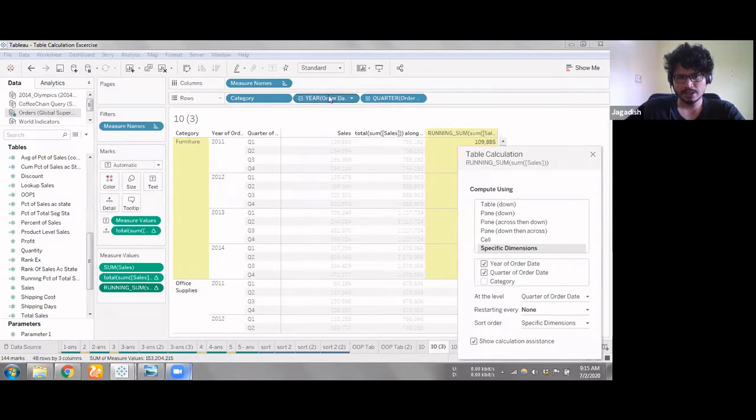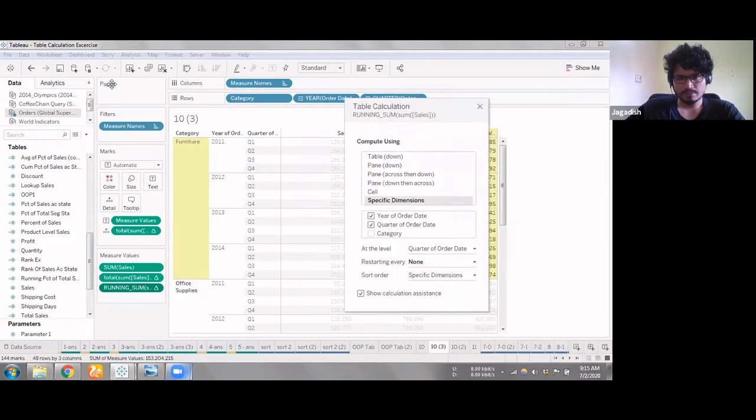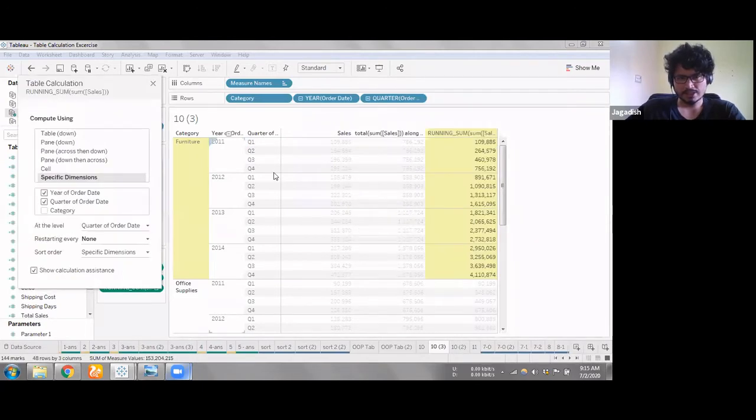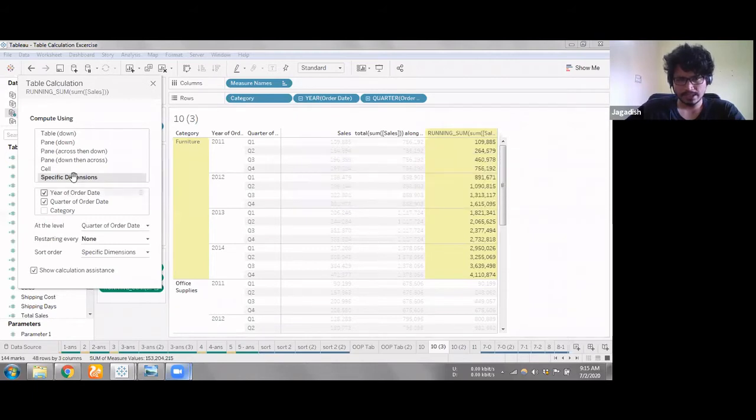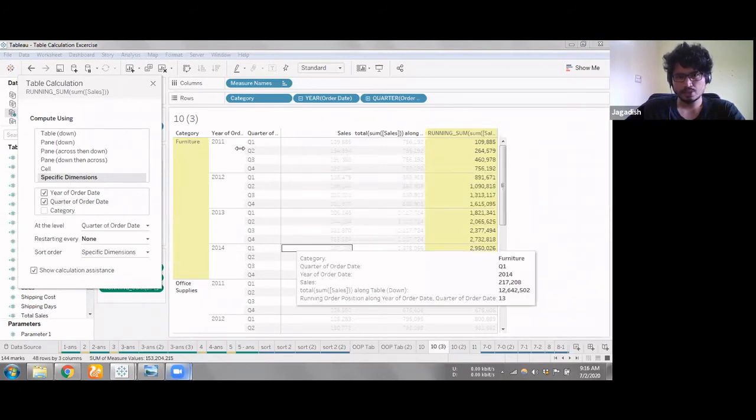So this year column will not be anymore in the view. The table completely changes. But even then, my calculation should not be affected. So that's why I'll come to specific dimensions and I'll specify how to calculate using this particular field set. Now, when you go to specific dimension, there is no longer a table, there is no longer a view, it's